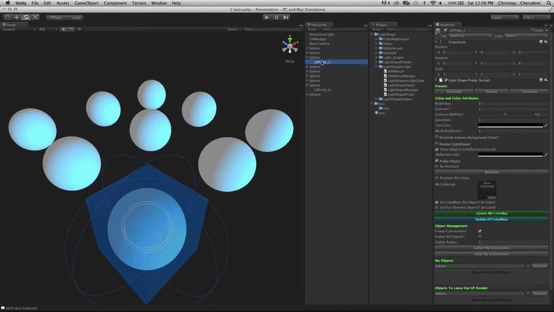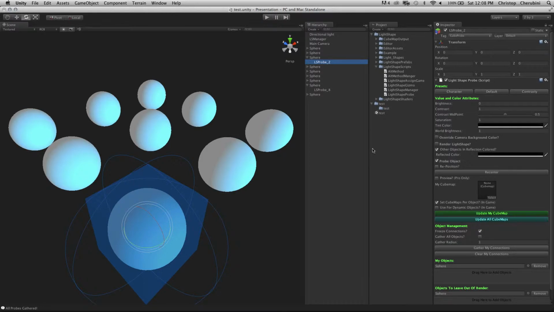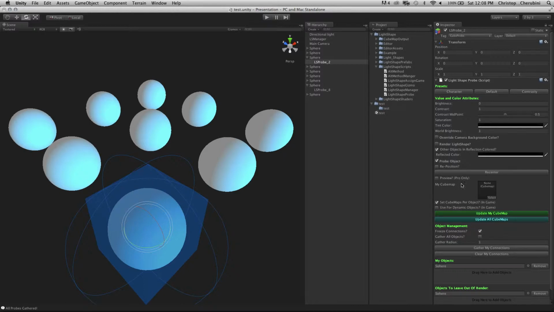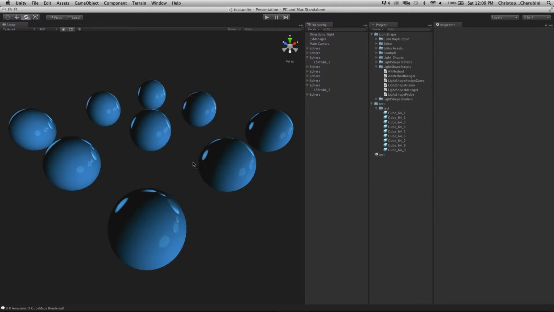Let's see here. In the probe object section, there's this set Cubemaps per object in-game thing. And before I show you, I'll render out all the Cubemaps. Give it a sec. Okay, so you can see that